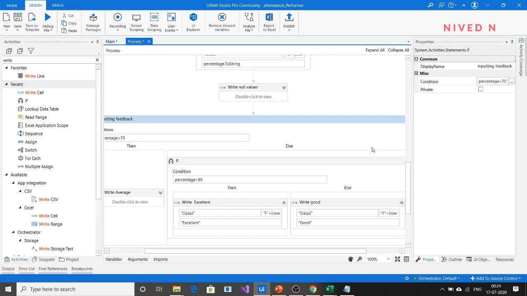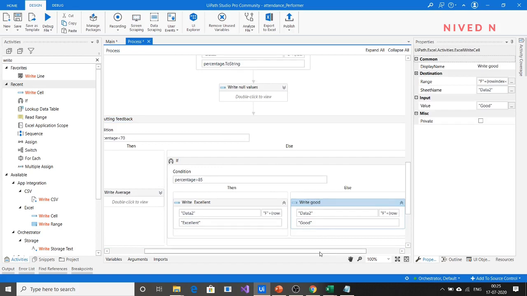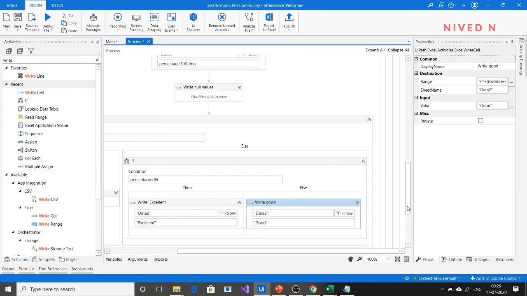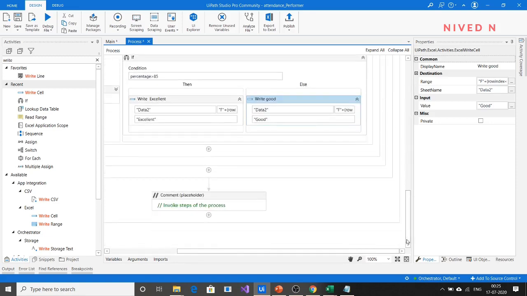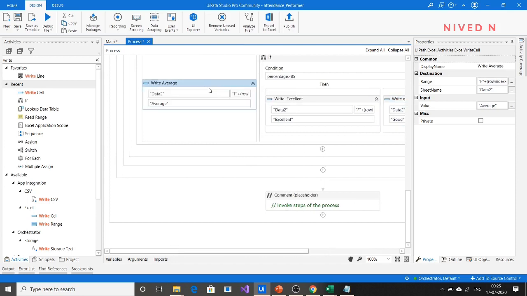Okay, so just check it. So we have completed every section, I think. This sequence of inputting data into the Excel column, we have also done here. So try to check whether there is any error or not, so that we can run it very smoothly. So click on average. Yeah, everything is correct.